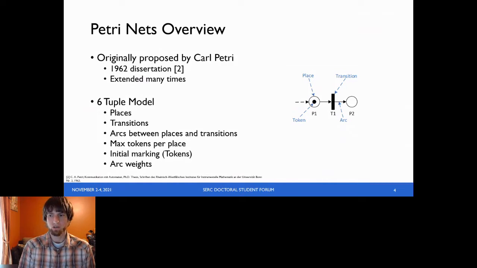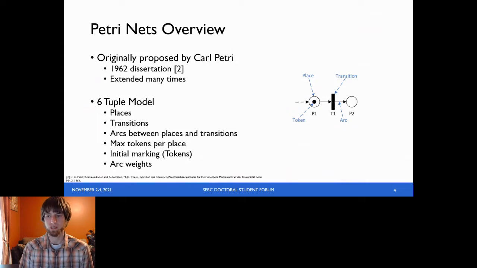A transition represents an action or event that may change the state or condition of the system being modeled. A transition can be represented by a rectangle or a line. It can be filled or it can be unfilled. So in the diagram to the right, T1 is a transition. A transition has input arcs and output arcs. Arcs are represented by lines connecting places to transitions. So the arc between P1 and T1 is an input arc, and the arc between T1 and P2 is an